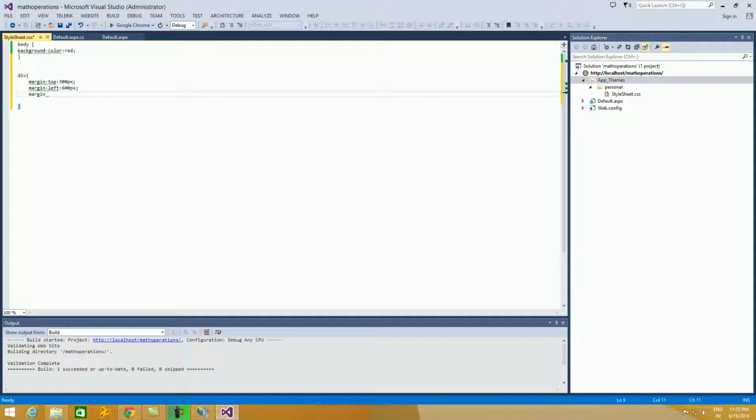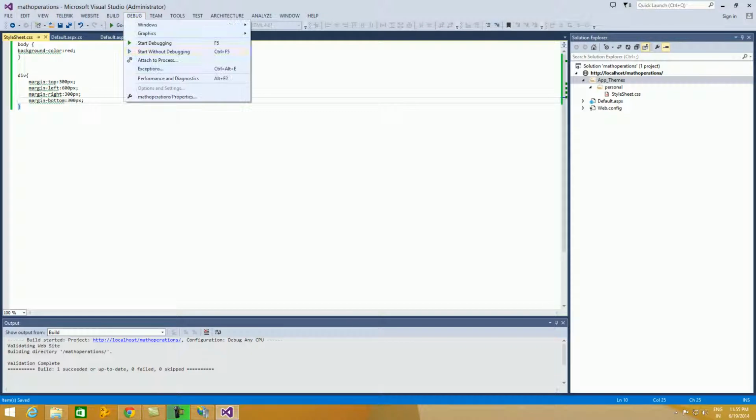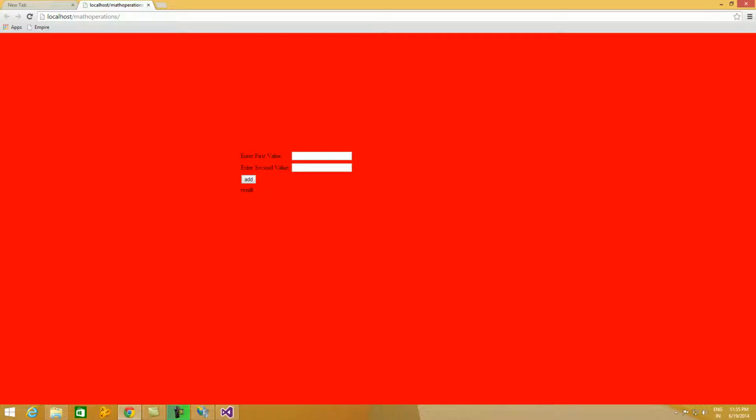Margin right is some 300 pixels, margin bottom is some 300 pixels. I have given some random values. Let us see what is happening. Let us try to run the web page. So now it is a little bit in the center of the web page, that is fine.